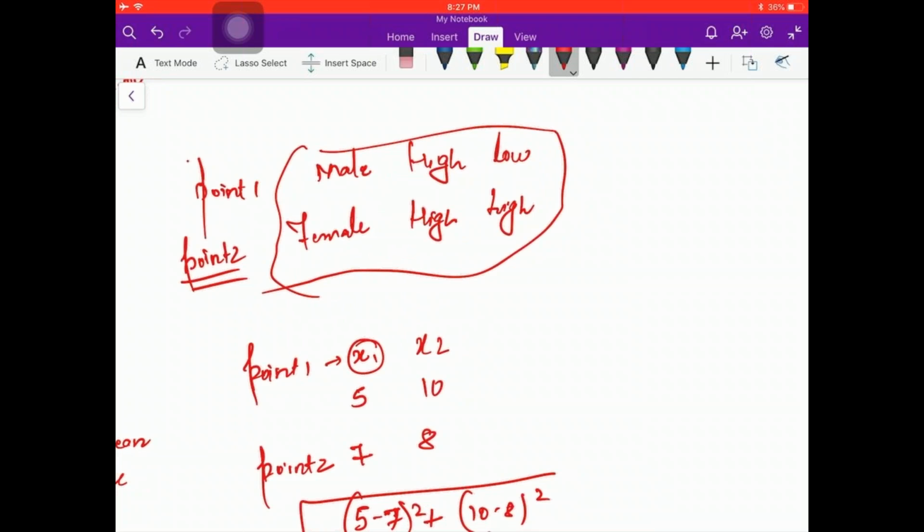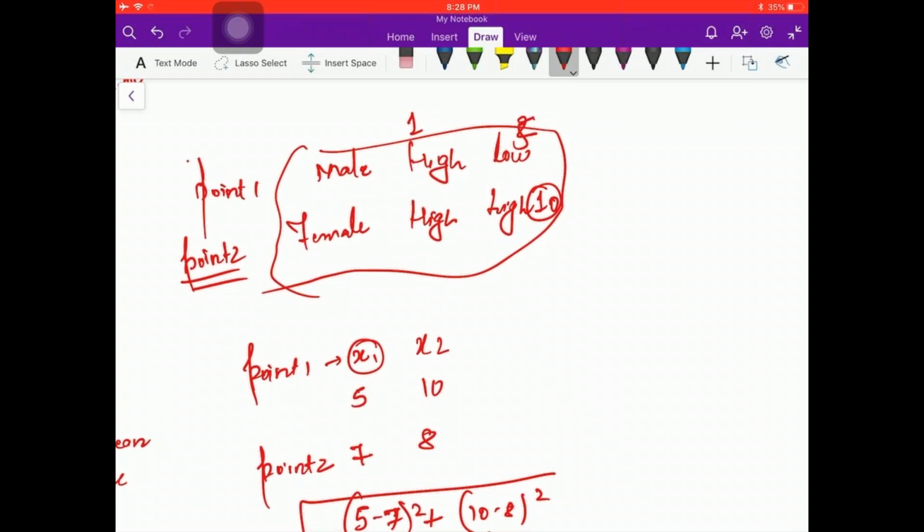So I think we cannot compare between two classes. That's a good point. No, we can, but we can give some points for high, low. We will change this into numbers, then we can see the distance, isn't it? Not exactly, Sunil, because if I say high is 1 and low is, let's say, 2, then 2 minus 1 will not make any sense. A low and high distance is not 1. Someone can say 5 and someone can say 10, then the distance will be different. You cannot actually assign a number to that.